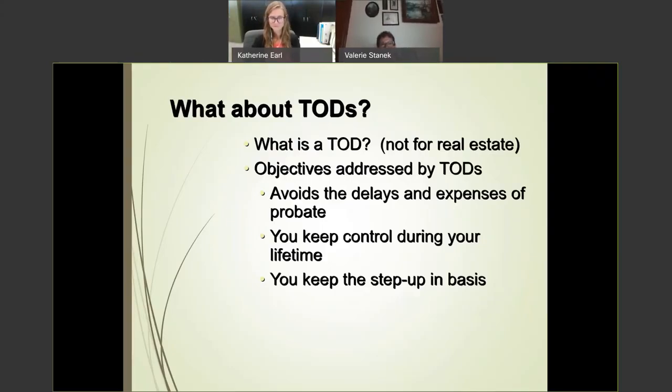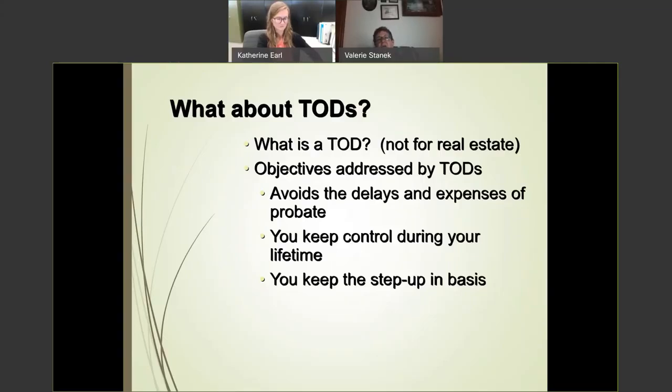A lot of people are not aware that you can put a beneficiary on virtually any type of financial account. So a brokerage account, a savings account, a checking account, almost all accounts can be set up as a transfer on death account. And all that means is that you're setting it up where you are the owner, or you and your spouse are the owner, and you're not putting your son or daughter or both on the account in joint name. Rather, what you're doing is adding your heirs, or your son or your daughter or both, as